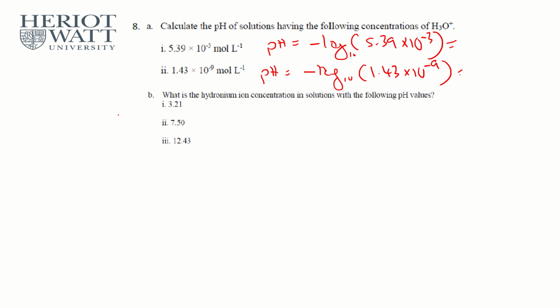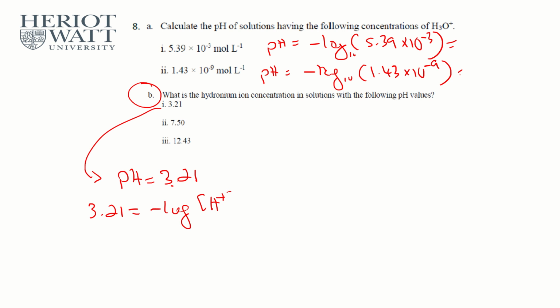And part B then. What is the hydronium ion or hydrogen ion concentration in solution with the following pH? Wow, right? So I will choose 2 to do it. Okay, I'll show you number 1 first then. Okay, number 1. So pH equals to 3.21, right? So 3.21 equals to negative log concentration of H plus from the formula. And then from here, you can actually calculate anti-log negative, don't forget the negative sign, 3.21. Anti-log negative 3.21, you straight away get the concentration of H plus